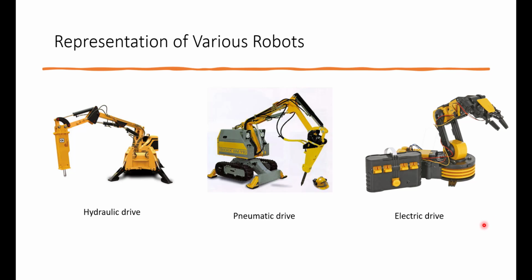Electric drive systems do not generally provide as much speed or power as hydraulic systems. Electric drive robots are actuated by DC stepping motors or DC servo motors. These motors are ideally suited to the actuation of rotational joints. Pneumatic drive is generally reserved for smaller robots that possess fewer degrees of freedom.